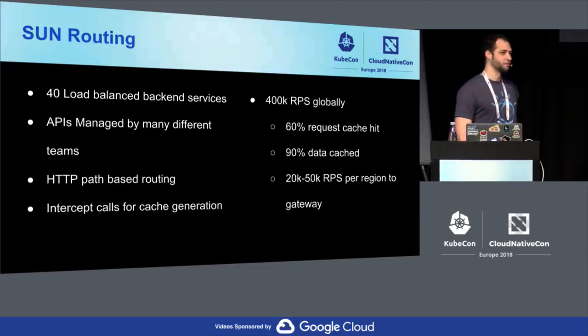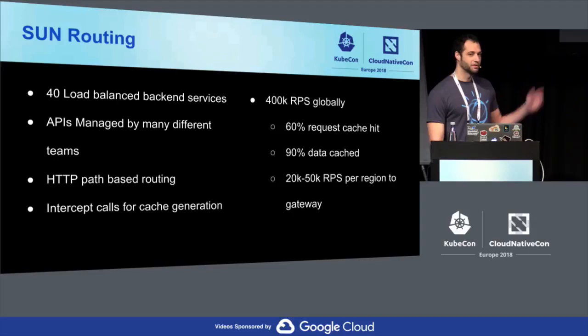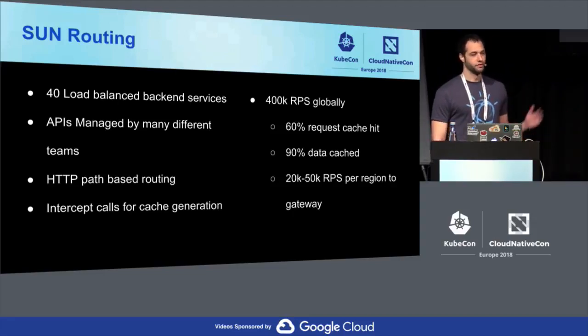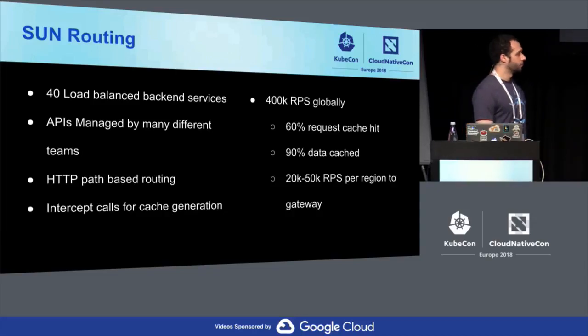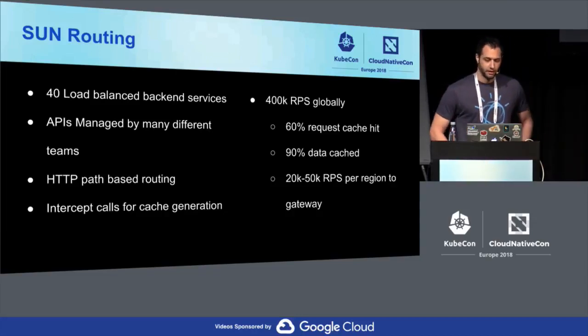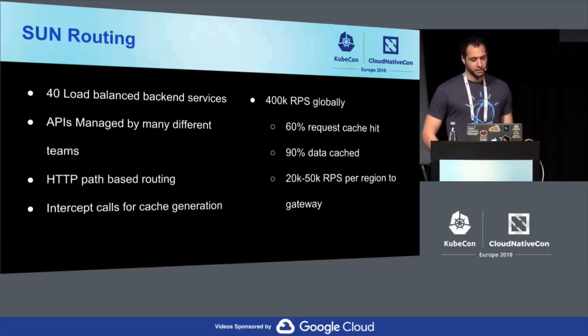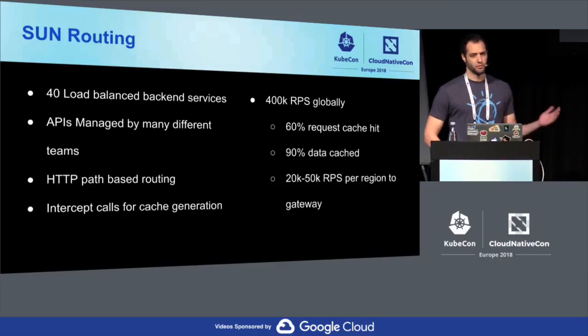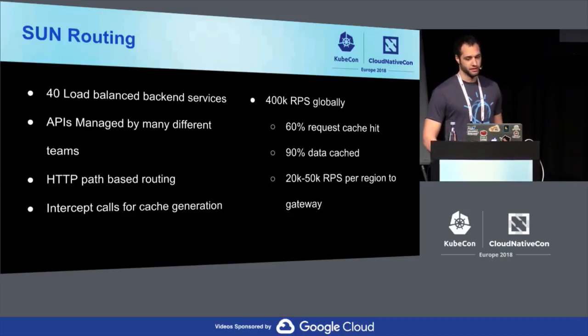But of those 60% that are cached, about 90% of the data that we serve is in that cache response. So it reduces our load significantly by generating these cache templates. And that leaves about 20,000 to 50,000 requests per second per region of the 4 regions that we serve. So it's a lot more manageable. And that's really important. So when we looked at Istio, we knocked it down to probably about 50,000 requests per second is our requirement